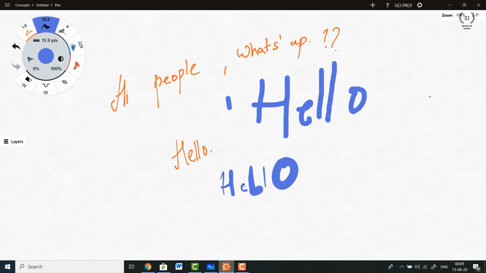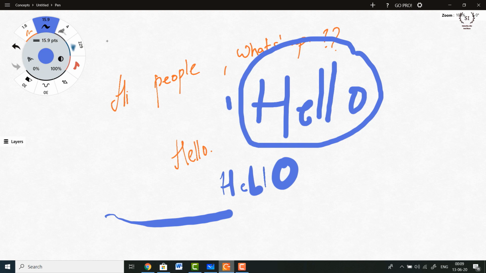Can you make out what exactly happened over here? Where is the dynamism? Yes, the dynamism lies in the fact that depending on how much pressure I put on the stylus pen tip, the width varies on screen. For example, I had started something like this, but towards the end, I kept on increasing the pressure of my tip on the graphics tablet. So that is where the dynamism lies. I can use this particular feature only with a graphics tablet and a stylus, or else it would look something like this.